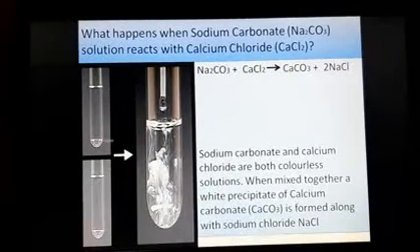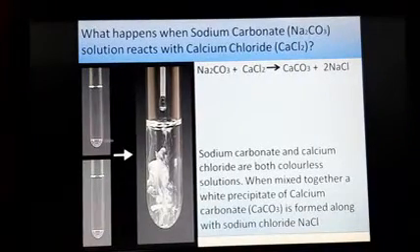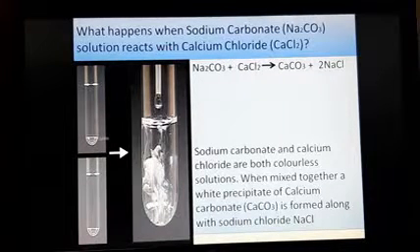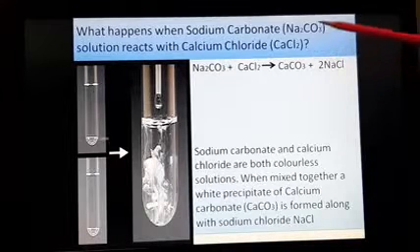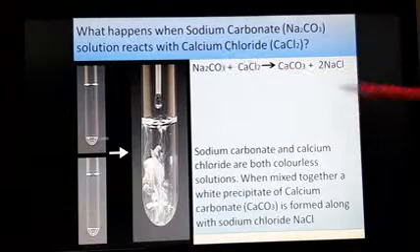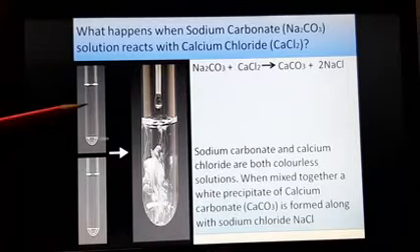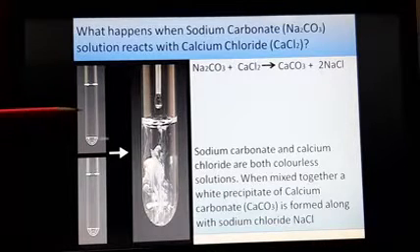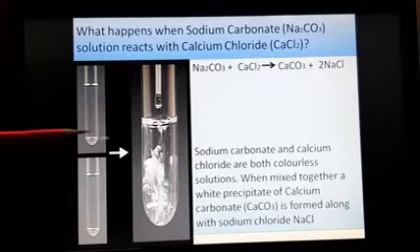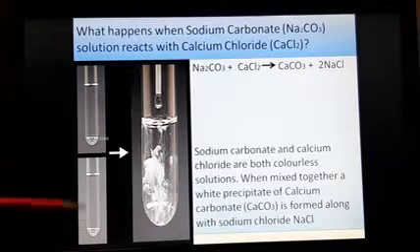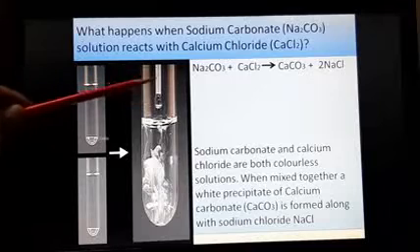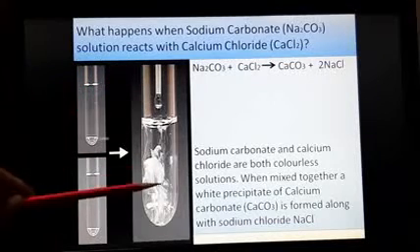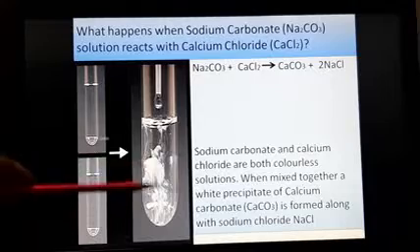One more example of a chemical reaction mentioned in your book is what happens when sodium carbonate, that is washing soda, and calcium chloride are brought together and their reaction takes place. So I have here sodium carbonate, washing soda, dissolved in water, and here we have calcium chloride dissolved in water. And if we drop one of the two into the other dropwise, you can see a white precipitate is formed.